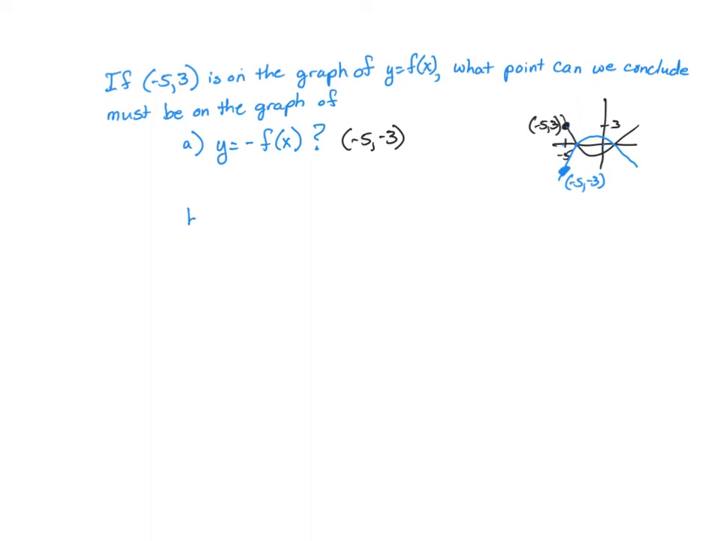What if they said that negative 5, 3 is on the graph of f of x? What can we conclude must be on the graph of y equals f of 1/5 x? What does that mean happen to the function? Remember, this is our horizontal stretch, and we multiply by the reciprocal of this, and it's going to be stretched out. So if I drew my picture again, and this is just me thinking it through,